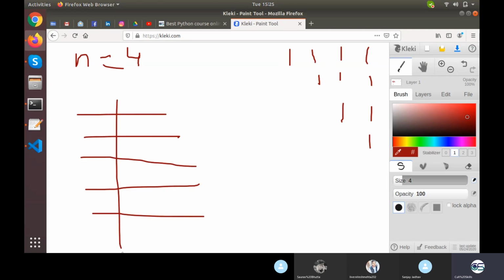So in the first iteration, number of stars is 4 and the value of i is 0; then stars are 3 with i as 1; then 2 with i as 2; then 1 with i as 3. And there was also the number of spaces. So number of spaces is again 0, 1, 2, 3.